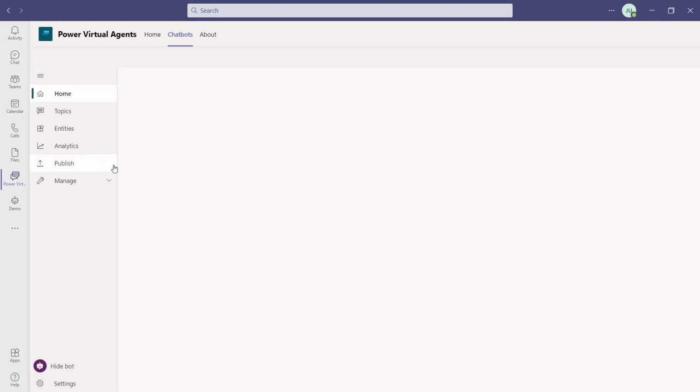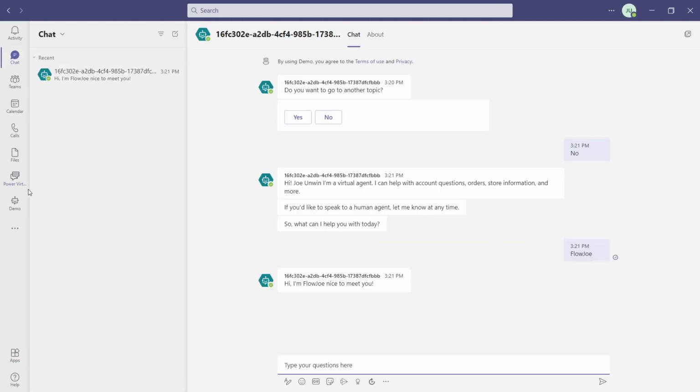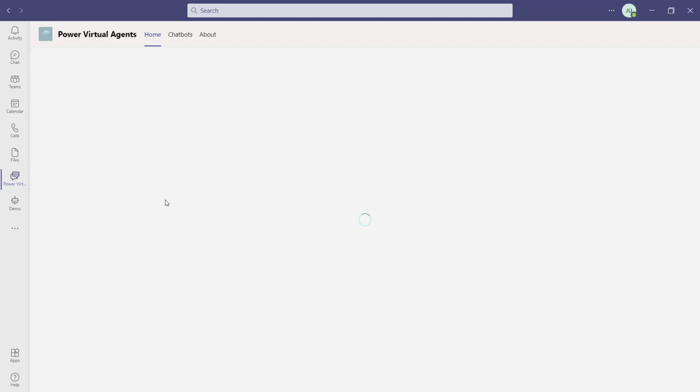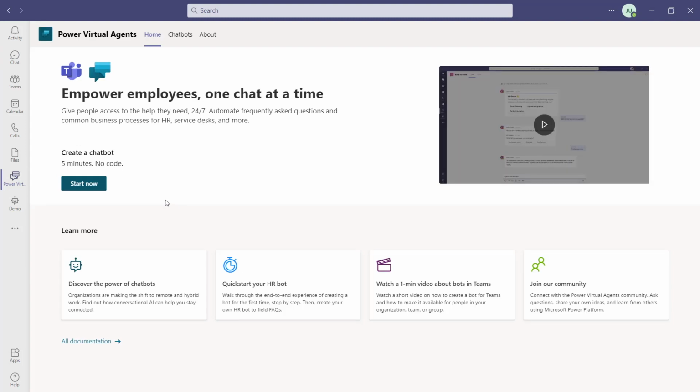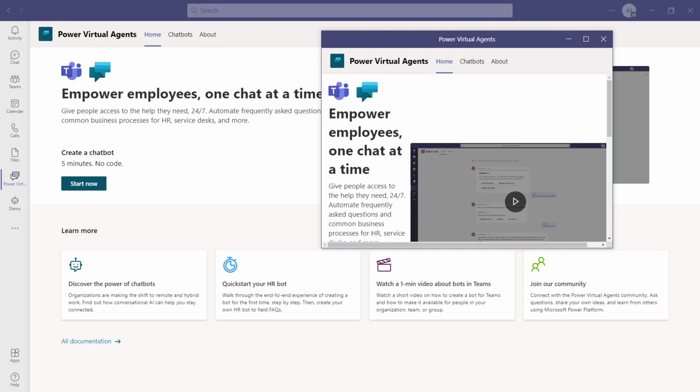Because if you've got Power Virtual Agents open here and you're working on your bot, let me just quickly open that and open the actual chat bot. Let's say we are working on a topic, we're creating something, and then someone messages us, and I click on chat here. When I go back to the Power Virtual Agents, it's going to reload. You do not have a saved state to jump back to. So if you've got your other window, you can still interact with your colleagues and talk with them while working on your PVA